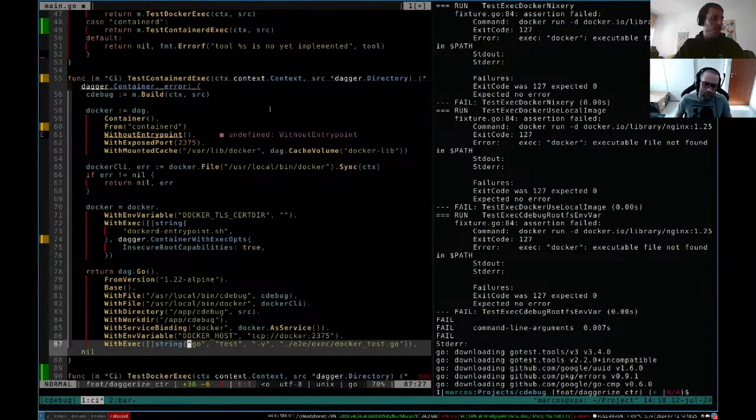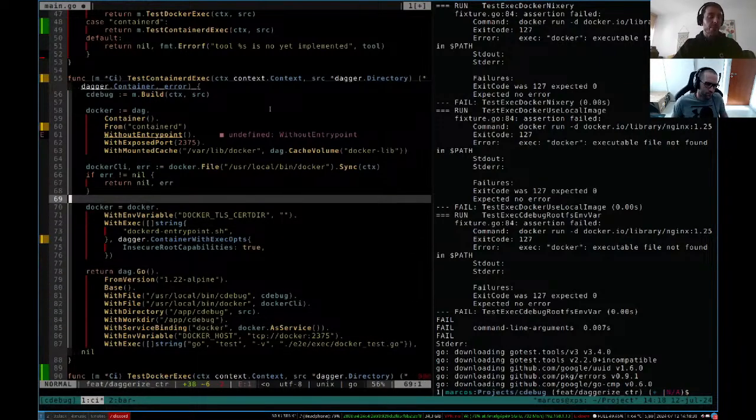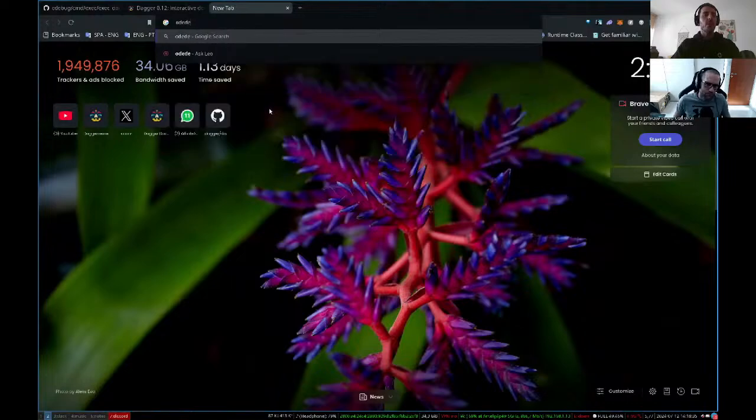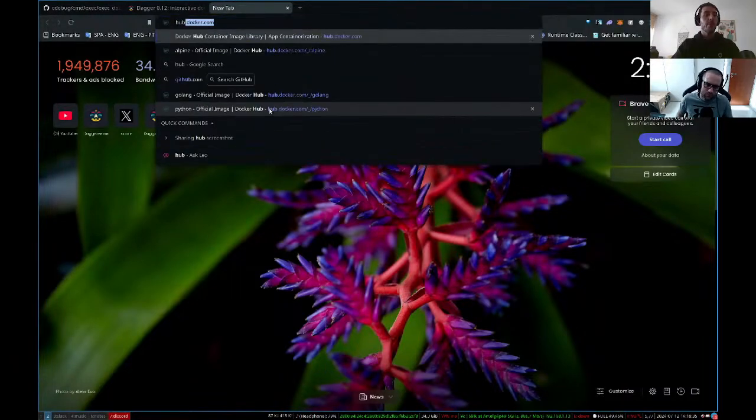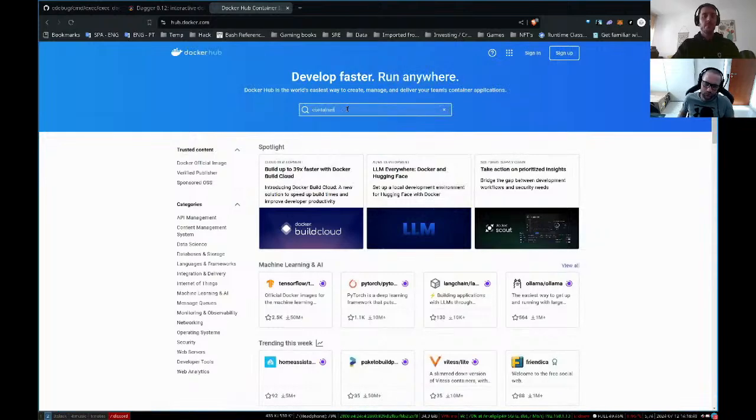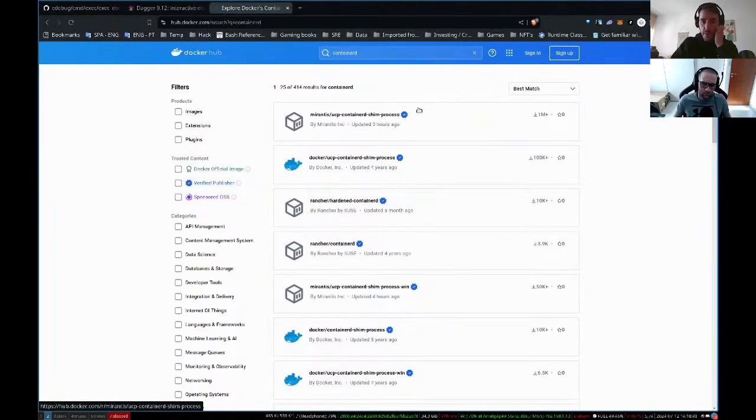That's what I was thinking about. But first we need the containerd binary. So let me see if there's a Docker image where we could borrow the binary from. So containerd and then